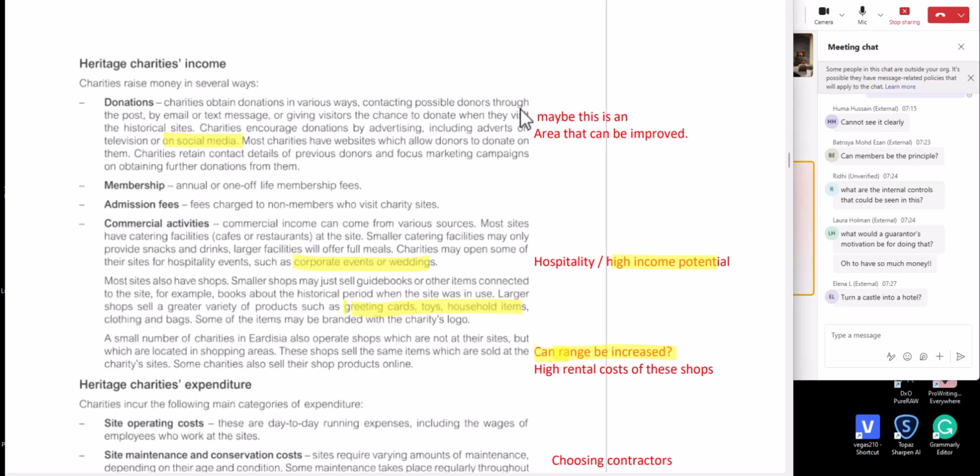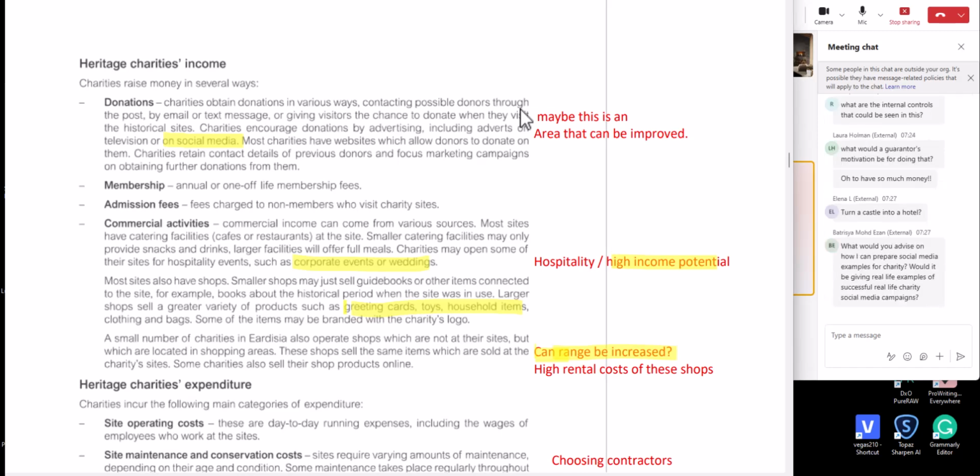I think it's very ambitious, Eleanor, but definitely you can work with partners to offer an event at the castle. People spend a lot of money. I was reading yesterday that people in the UK on average spend £23,000 on their wedding. So there's a lot of income potential there. If we can do that, it would be a good strategy to generate income if they're not doing it already. Turning a castle into a hotel sounds like a problem.